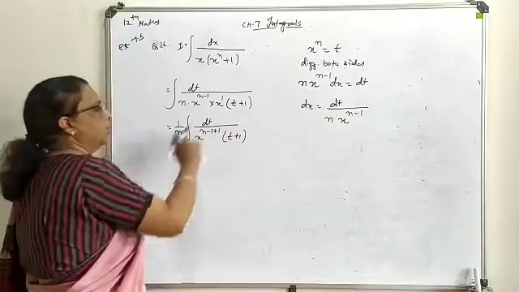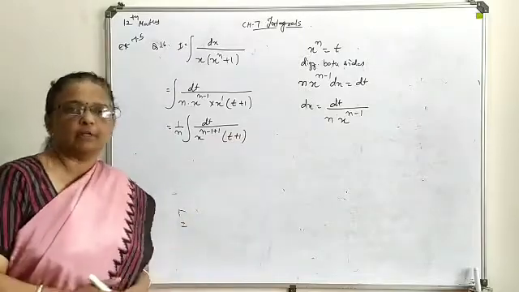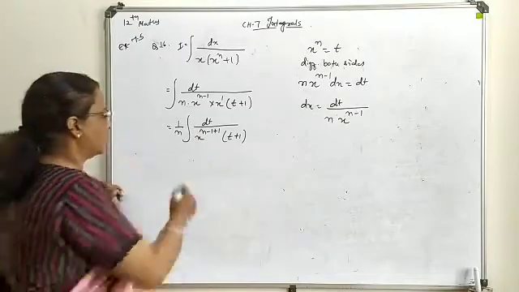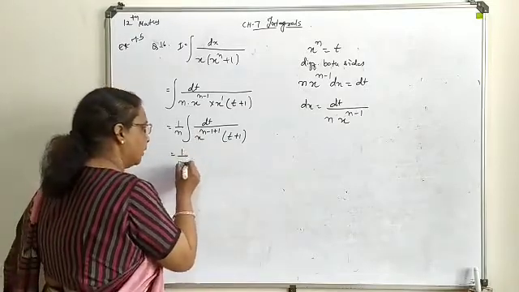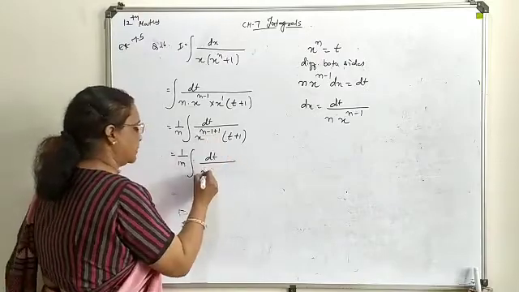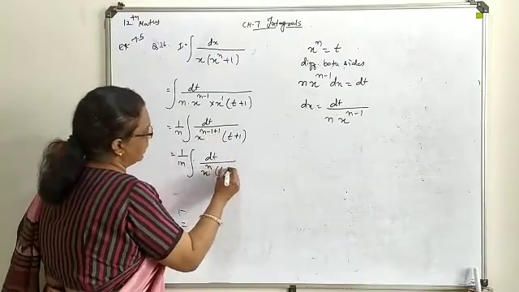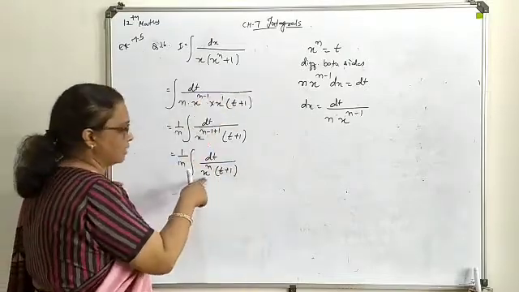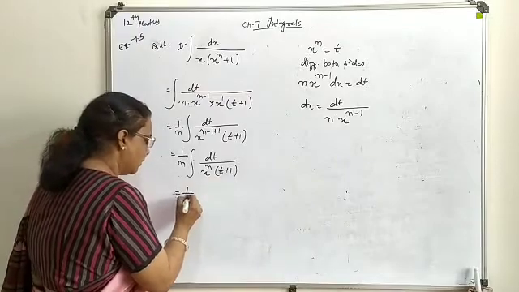You know all the variables, or the whole system, should be in one variable form. So this is also to be written in form of t. So how is it to be? This is 1 upon n dt. On making these two powers cancel, it is x power n (t plus 1). X power n, what we supposed in the beginning? t. So this is to be written as t.